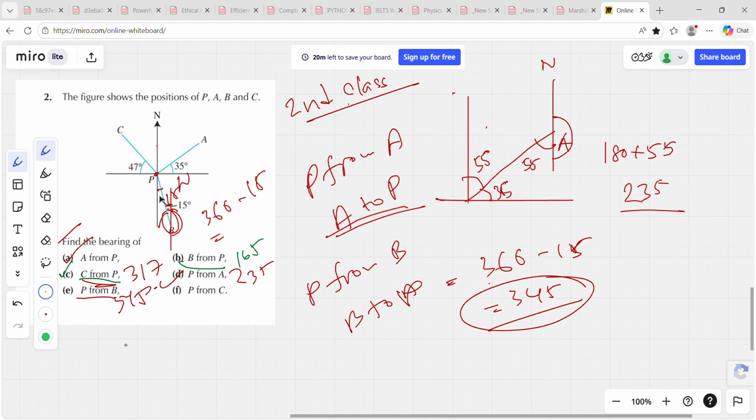Hope you understand it. Now they ask you P from C, or C to P. You could say C to B. So what is C to B? You have to draw this line again. This is your route, and you need to find this one because this is alternate to this angle. So if you erase, 90 minus